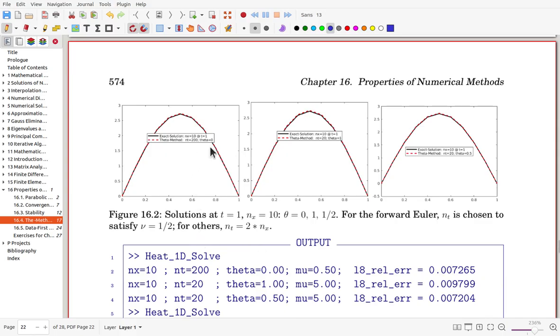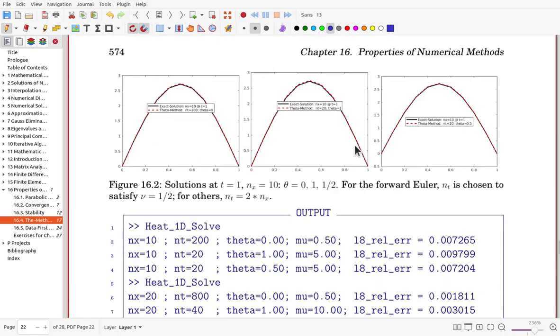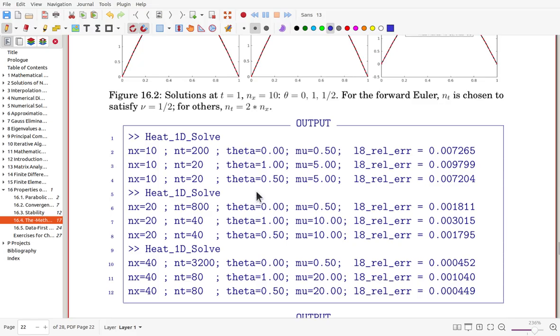This one is now at time 1 for the theta method, and that is when theta is 0 and nt is 200. Now this is the backward Euler method, nt is now 20 and nx is 10, only twice, and also 20 along with the Crank-Nicolson method. For every method, the solution seems reasonably good. And as you can see over there, for the forward method,